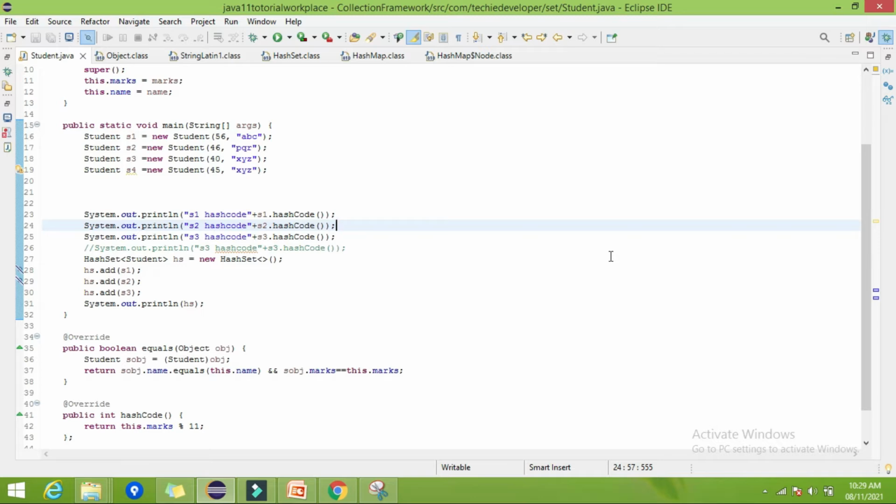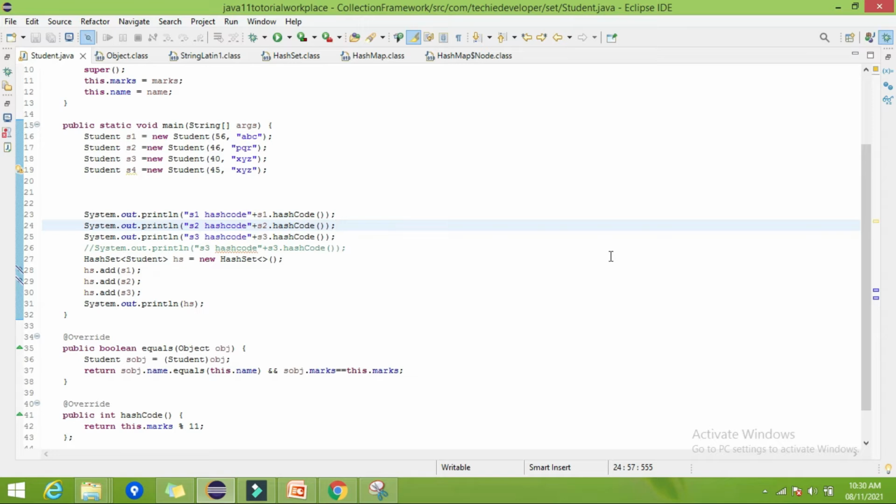So what it does, it takes our value, whatever we are going to add in the HashSet, as a key, meaning whatever object we are going to store, like student, it will consider as its key, and from that key it will calculate the hash code.